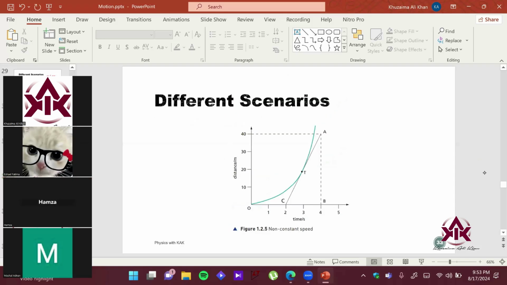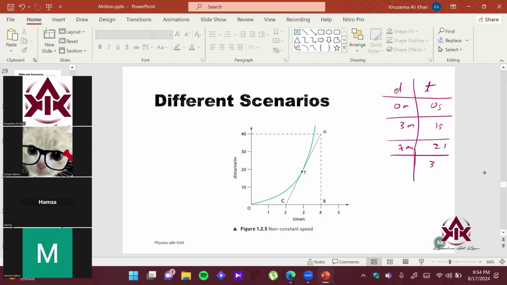So आपने एक ग्राफ को एनालाइज किया। Now imagine कि we have a non-uniform graph. ठीक है, by non-uniform what do I mean? If I plot distance and time graph values, ठीक है, let's say it was initially 0 meters at 0 seconds, right? Then at the next second it was 10 meters. Let's say not 10 meters. It was let's say around 3 meters. Then at the next second it came out to be 7 meters. Then at the next second, let's say it came out to be around